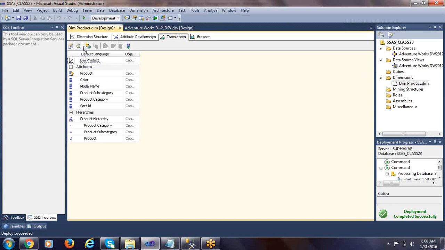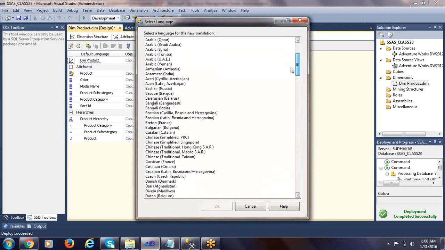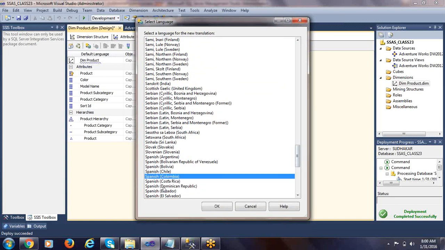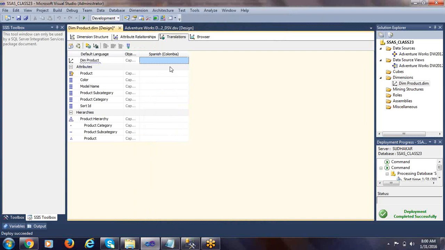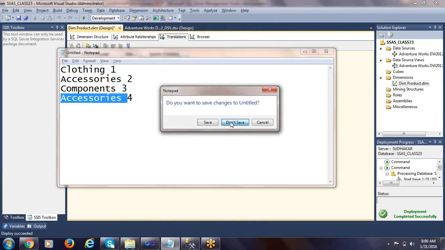So let me go back and click on the new translation. Okay, the moment I click on new translation, let me select Colombia, Spanish Colombia. See, I'm selecting the language called Spanish Colombia, click on OK. Now, if you go back to the